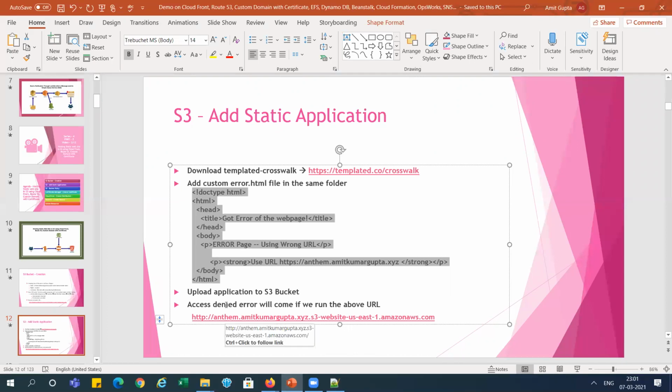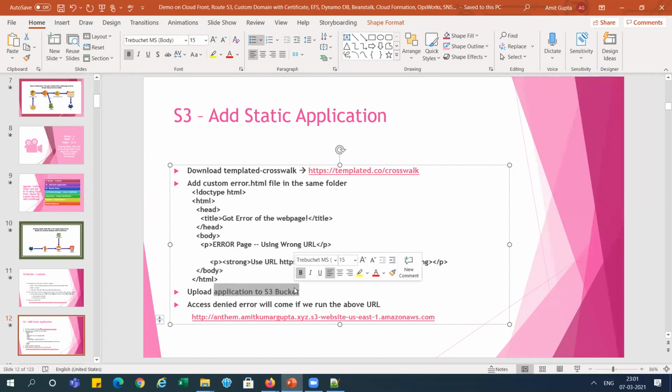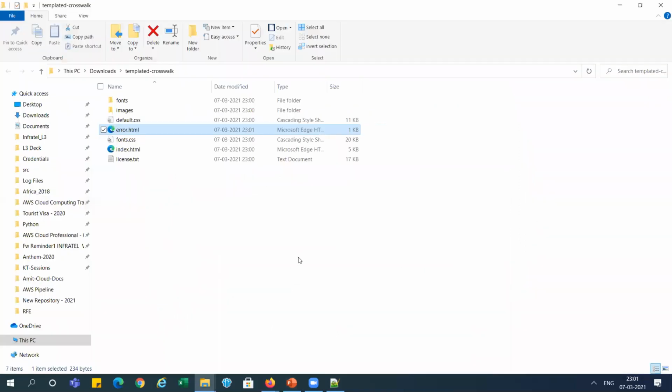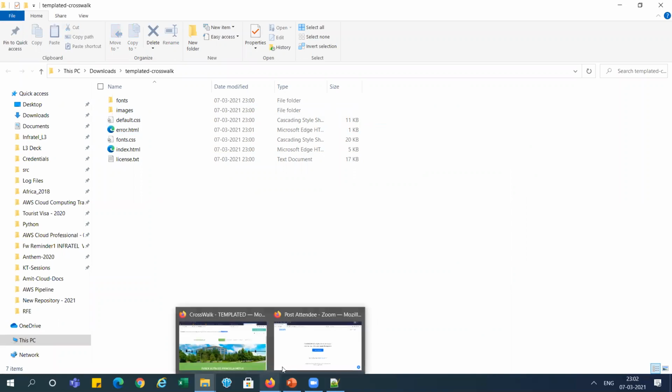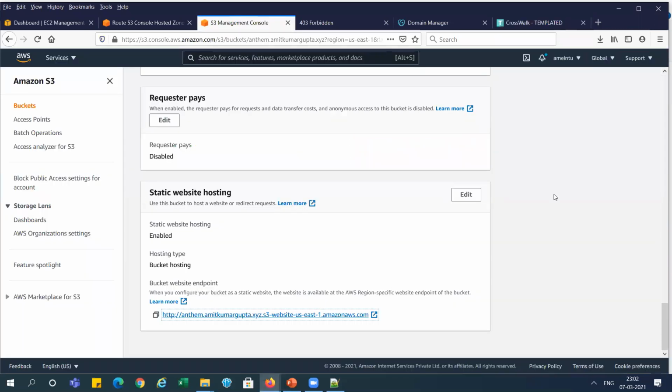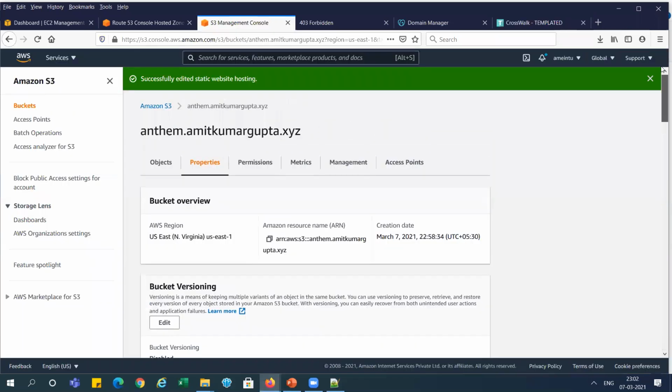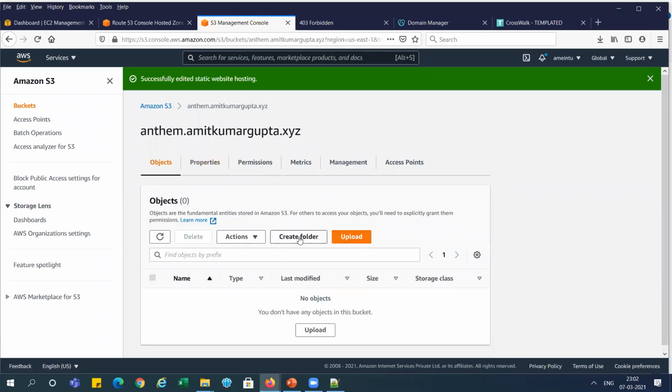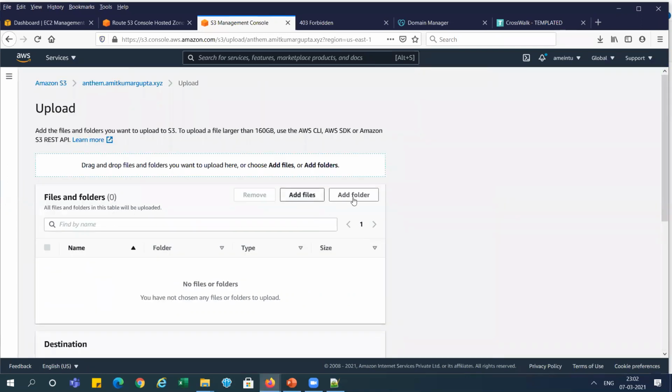Now we need to upload this application to the S3 bucket, right? So we need to go and upload this directly to the S3 bucket. Let me do it. This is our bucket, and we are just uploading. We need to add folders, or you can add files, anything.